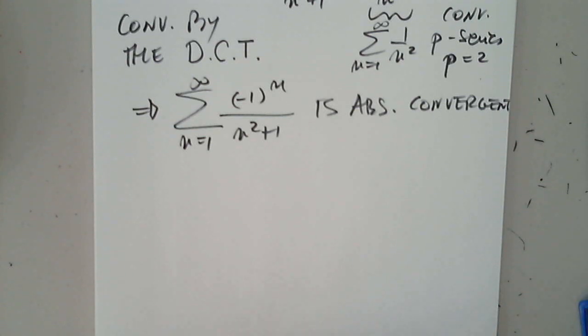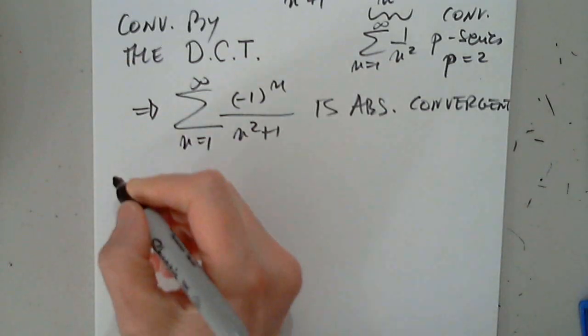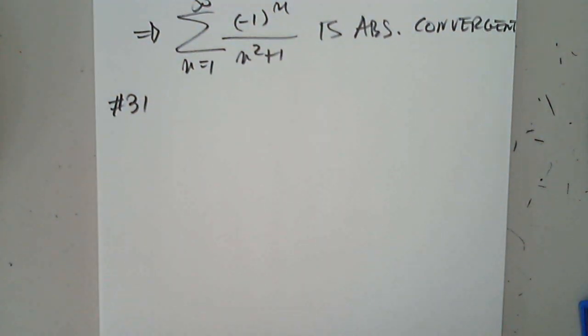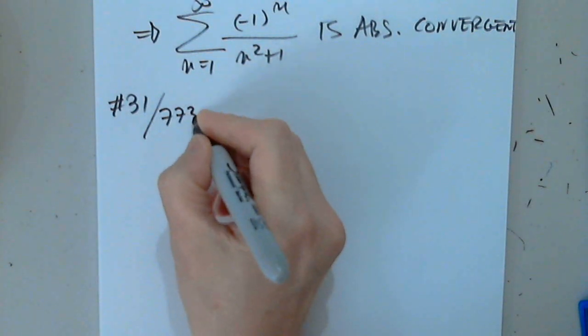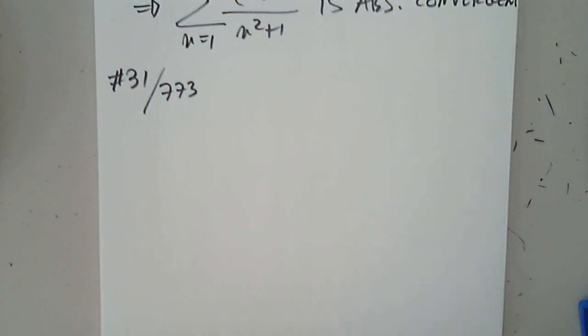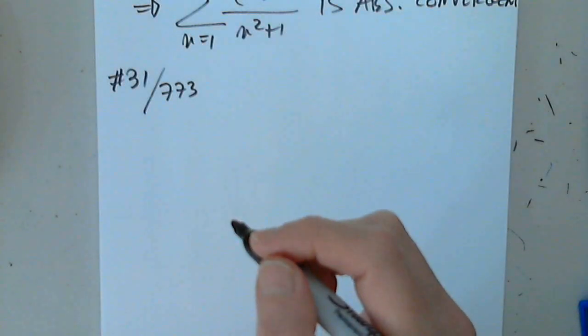Okay, where are we? This was 13. Let's look at 31. And 31 is on the same page, 773. How are we with time? Okay, good, still good. Okay, so in 31 we have